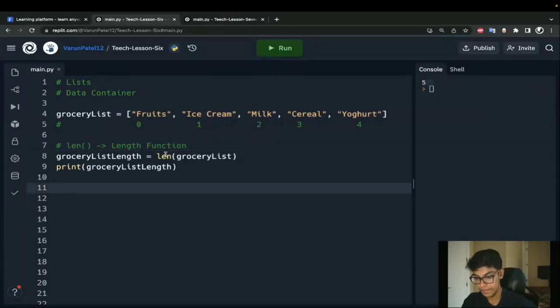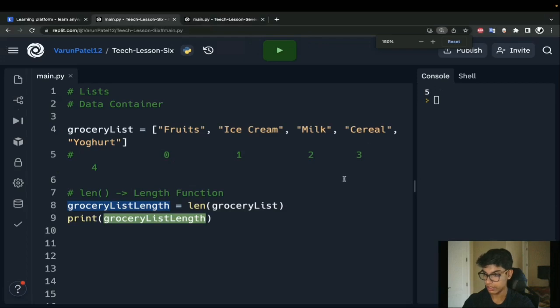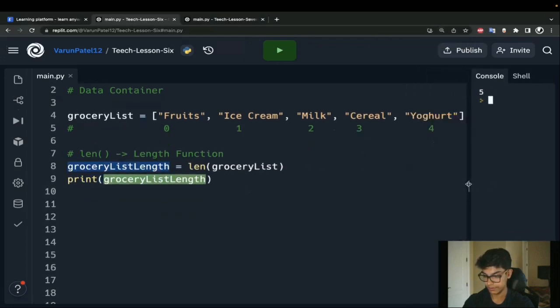So what is this doing? I'm calling my length function. I'm saying, hey, length function, I'm giving you this grocery list right here. Can you just go ahead and tell me how long it is? The length function is going to do all the computational things that it needs to do, and it's going to give me a value. It's going to return that value. That value, whatever the length function gives us, will then be saved to this grocery list length variable. And now when I reference that, it prints out 5. Actually, let me make this a little bit bigger so it's easier to see. So then it prints out 5.